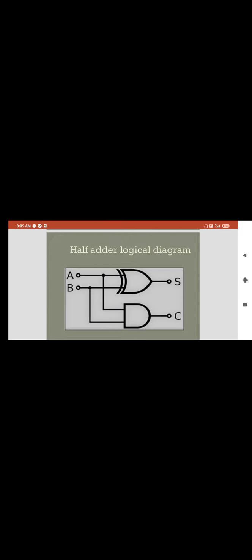This is the half adder block diagram. Note how the same two inputs are directed to two different gates, the inputs to the XOR gate and also the inputs to the AND gate. The input wires to the XOR gate are tied to the input wires of the AND gate. Thus, when voltage is applied to the A input of the XOR gate, the A input to the AND gate receives the same voltage. This is the half adder logical diagram. Here you have one XOR gate and then one AND gate.